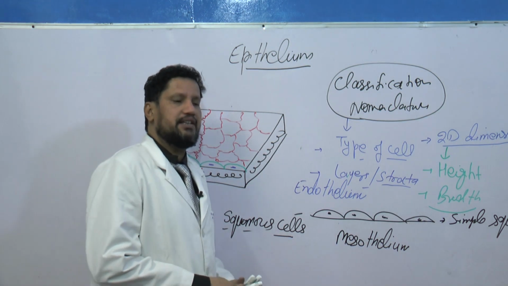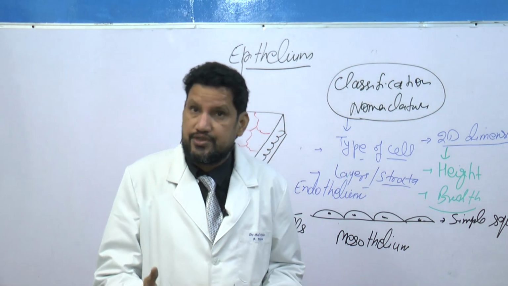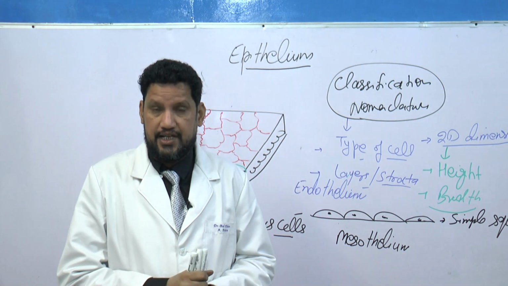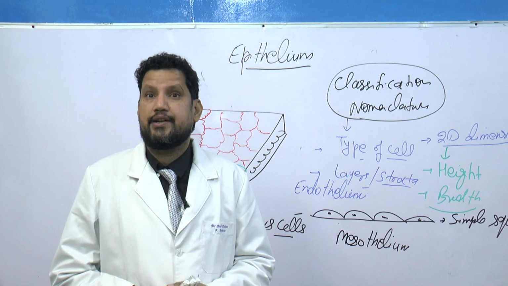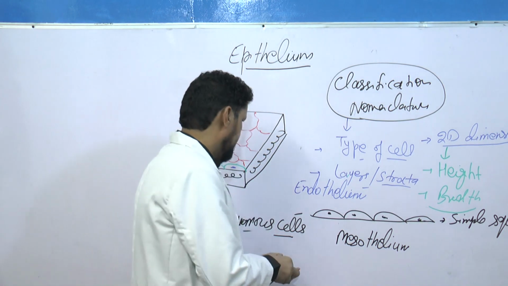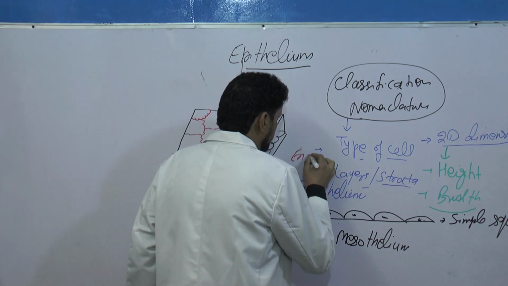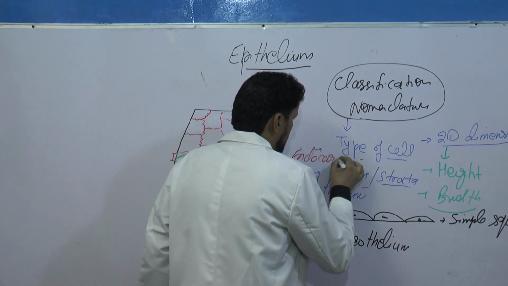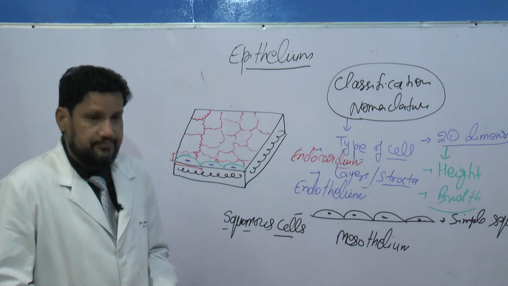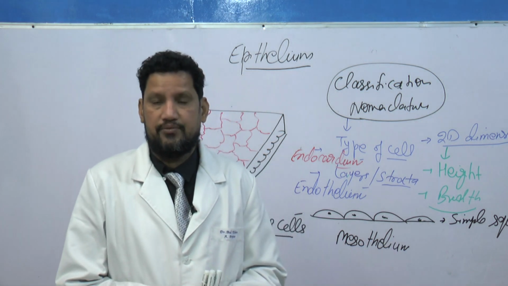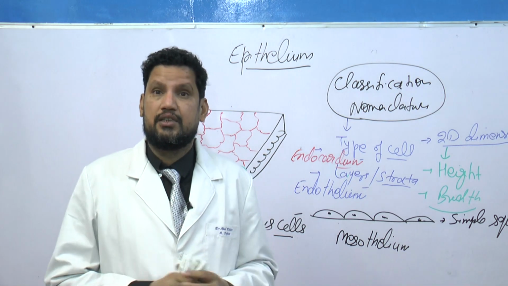When this type of epithelium is covering the innermost layer of the heart, that is the lumen of the chamber of the heart, it is known as endocardium. So there are different functions of the same epithelium. This type of epithelium is also covering the alveoli of the lungs,